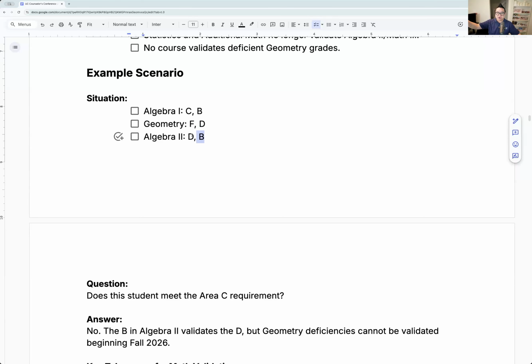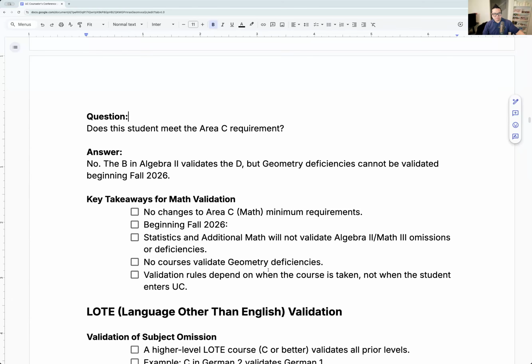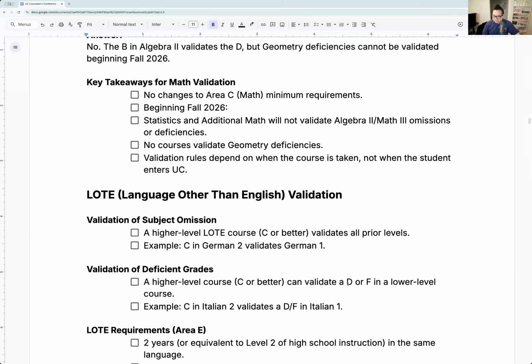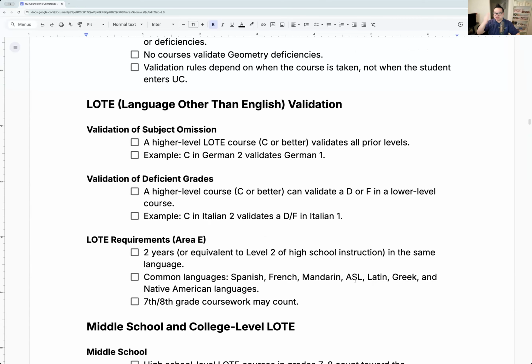Did we see how that works? If you retake, you have to retake the whole class. You have to retake semester 2. That will double count back to get you all the credits. It's kind of a cool thing if you understand how it works. So that's that. Changes to languages are the same exact concept.